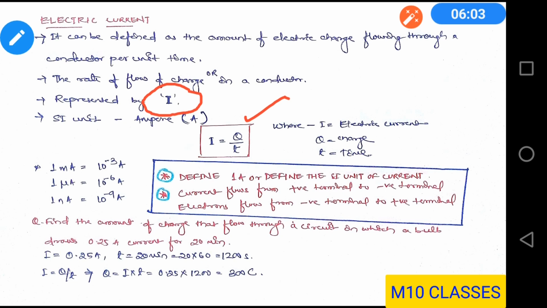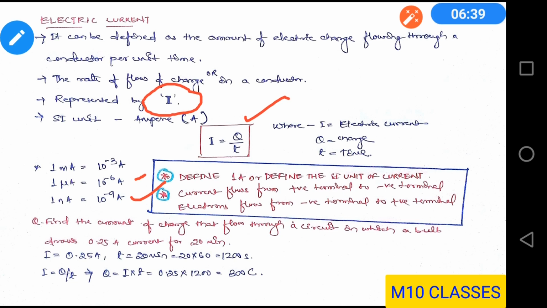Now there can be different values of this electric current. It may have higher values in ampere, and also very small currents which range in the milliampere range, microampere range, and for very minor circuits it can also range in nanoampere ranges. So what is 1 milliampere? It is 10 to the power minus 3 ampere. 1 microampere is 10 to the power minus 6 ampere, and 1 nanoampere is equal to 10 to the power minus 9 ampere.